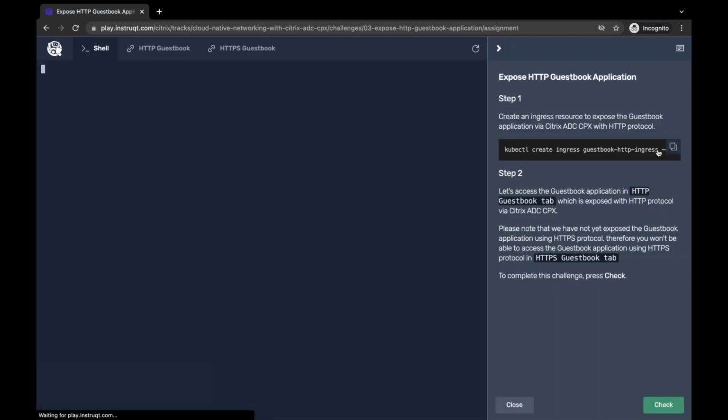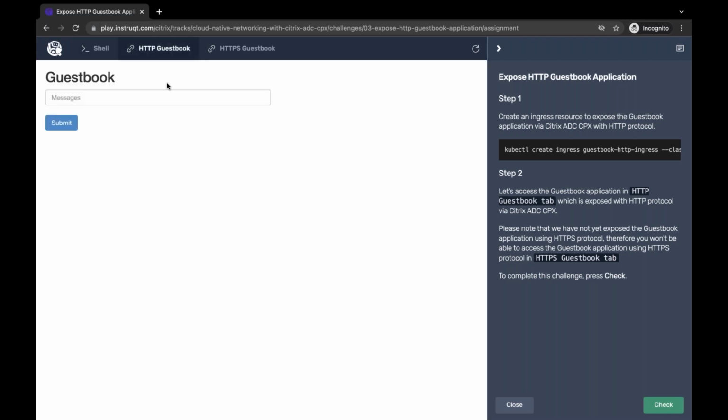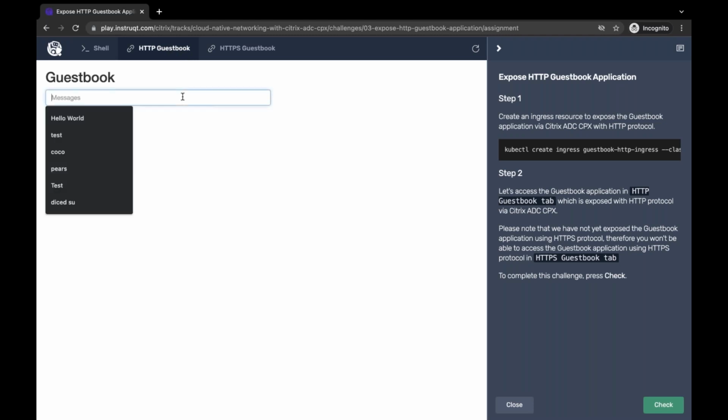So now I'm using the Ingress here. So I'm telling Kubernetes to create an Ingress whose name is guestbook HTTP Ingress. And the rule is that the front-end application should be exposed on port 80. And now you can see that on the HTTP guestbook application tab, this